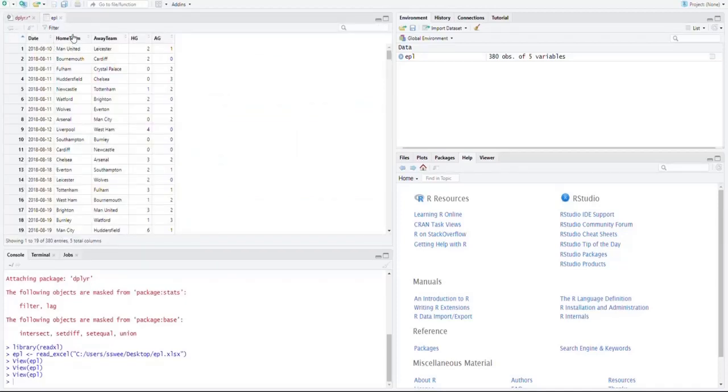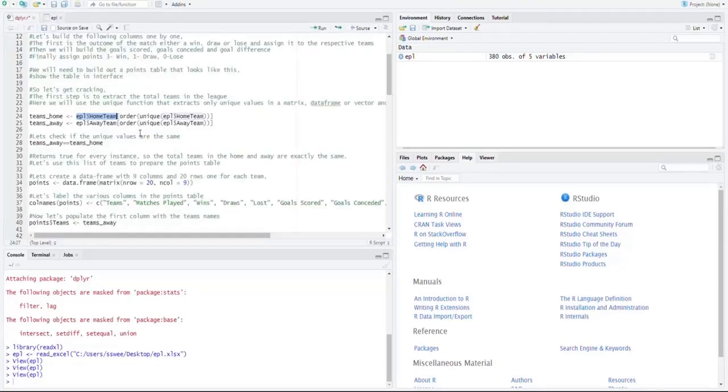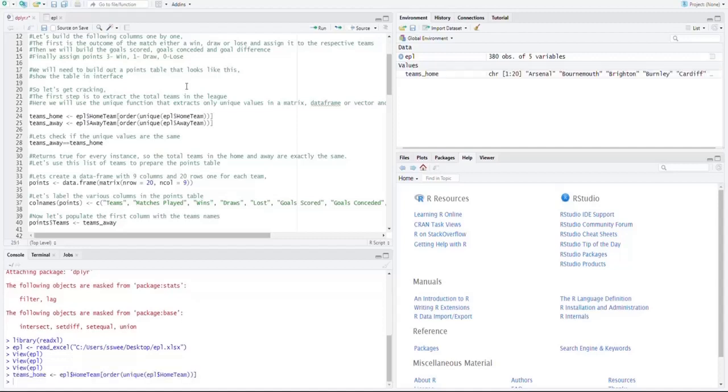So for instance, we're going to look at teams_home, which is EPL$home team. EPL home team is basically this column, and it's going to look for unique of EPL$home team and order that, right? So if I run this code, it's going to give me teams_home and